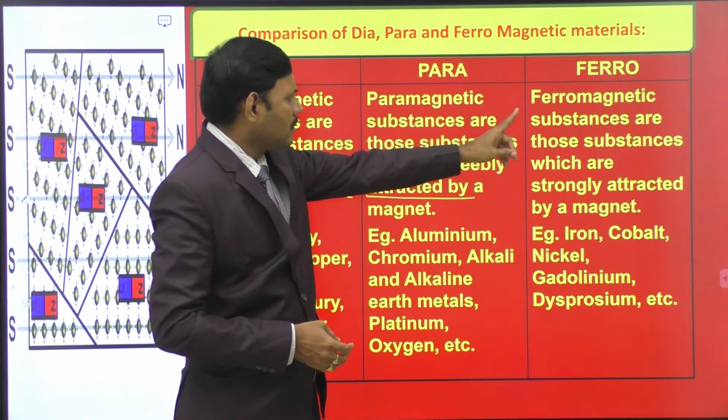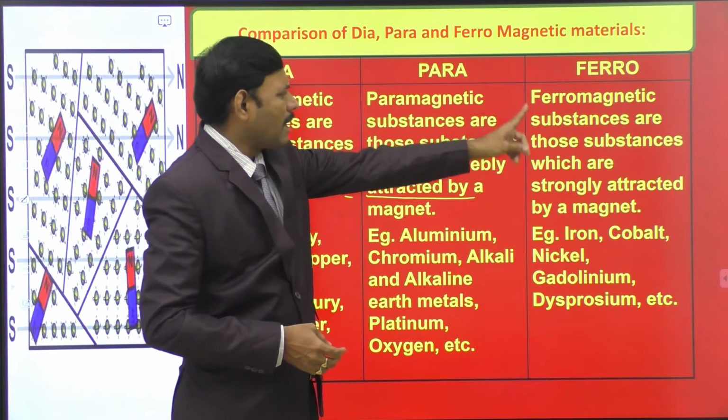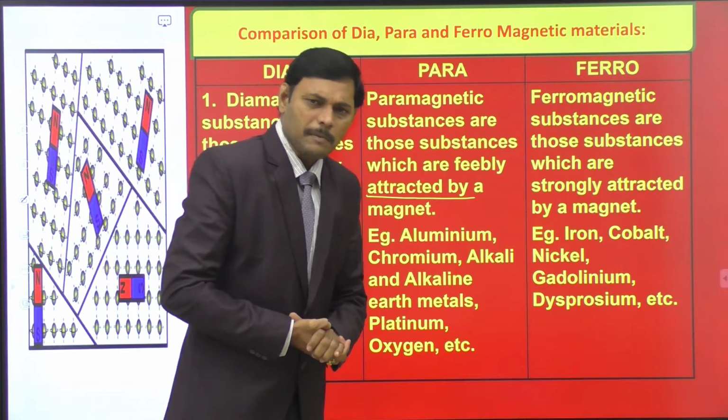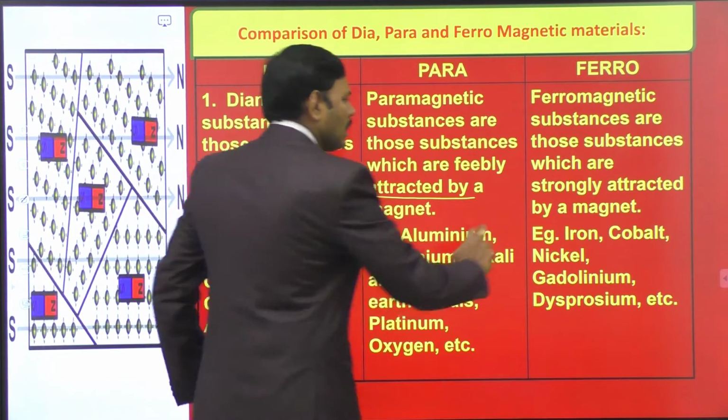Next, the third one is ferromagnetic substances. Substances which are strongly attracted